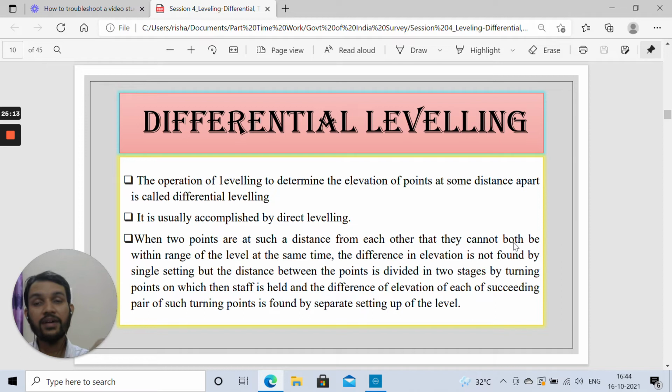Now when we take the reading on that leveling staff, we know the height of instrument. From this height of instrument, whatever reading has been taken on the leveling staff at unknown station B, we just subtract that value. Because the height of instrument is known to us, with reference to that we just need to decrease the reading that we are seeing on unknown station B. Once we decrease that value, we will get the reduced level of that particular station B also.